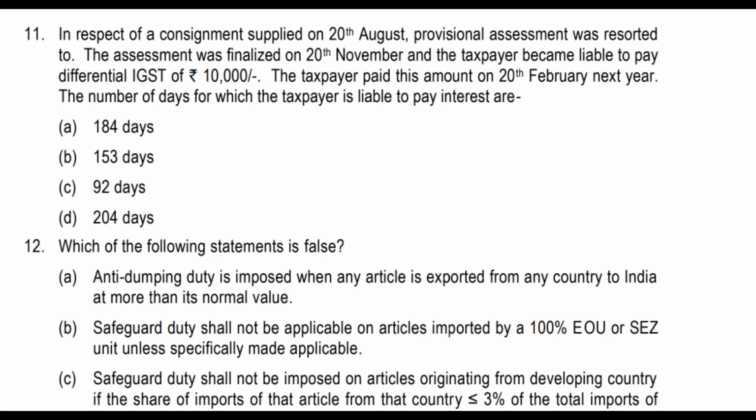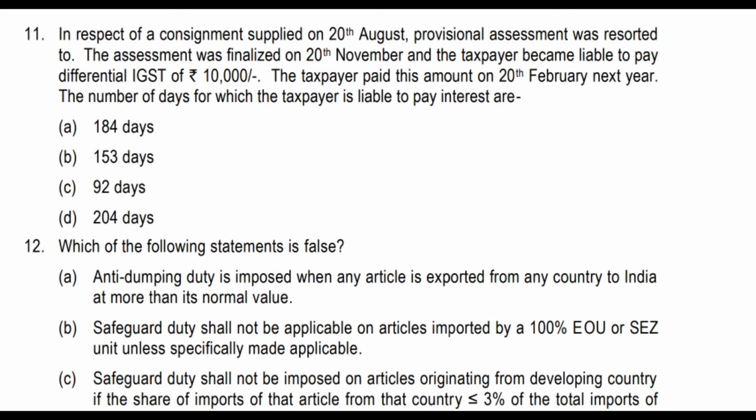So in case of provisional assessment, the day from which they need to pay interest starts from the due date of the payment when provisional assessment is done, that is, the due date of the month. Suppose in this case provisional assessment is done on 20th August. So the month in which provisional assessment is done, the due date of the return of the August month is 20th September 20XX, to the date the tax is paid. So that is 21st September to 20th February,